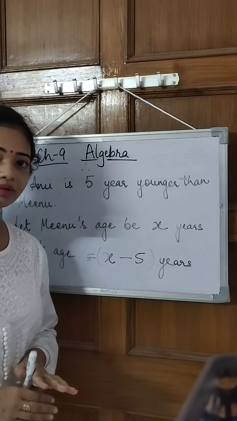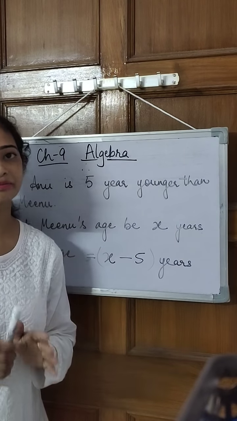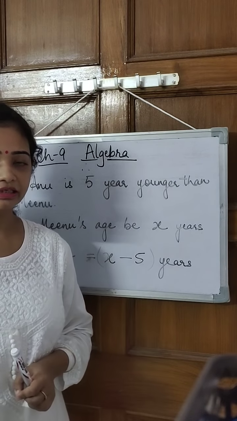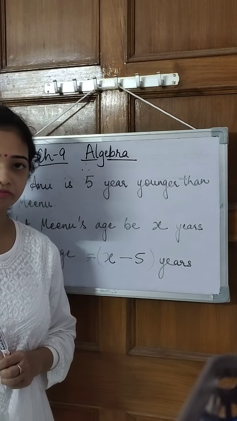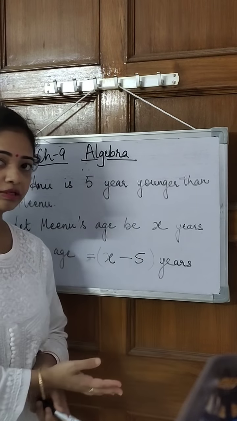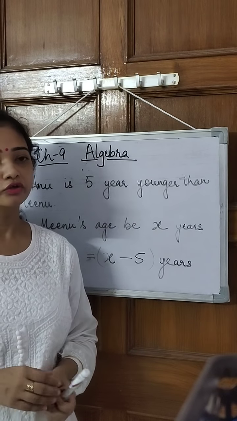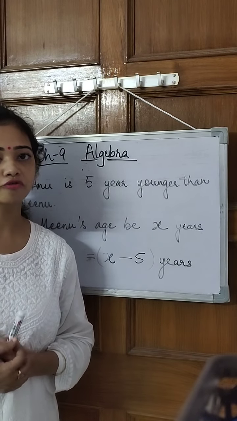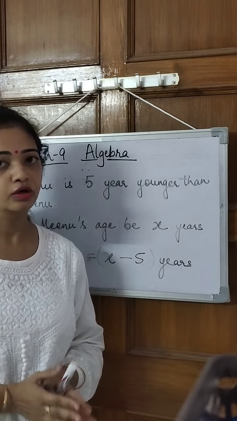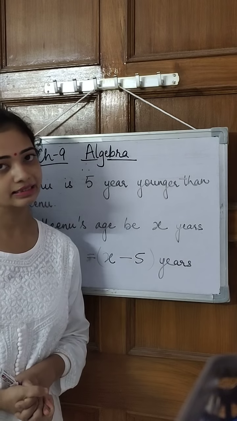What you have to do is go through your exercise 9.1, read the questions in the exercise properly and try to do them in your rough book, and tomorrow we will continue with the same topic and then I will give you homework. You can read the first 2 pages of your chapter as well, so that this new concept is clear to you. Then we will come to the homework and exercise part.